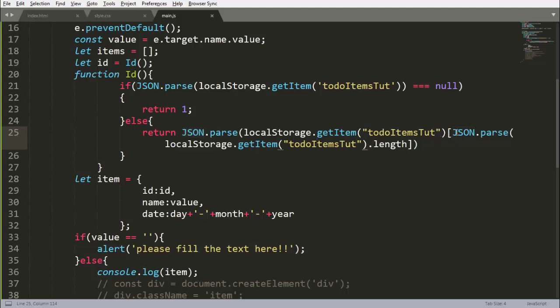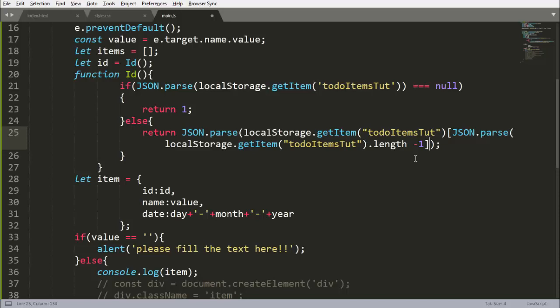In that array we want our last element. So for the last element it will be its length minus 1. So in this array we get the last element: it gives the array length, dot length, and we will do minus 1 here.